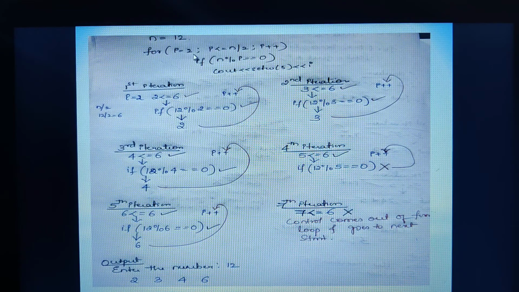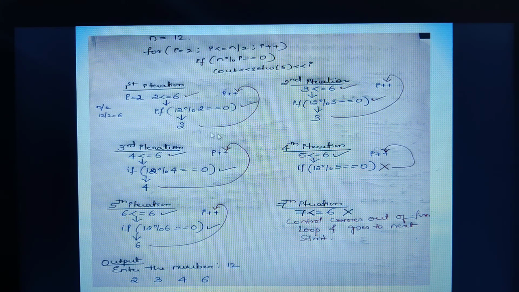See here, the true part of this for statement is this if, and the true part of this if statement is this print statement. If this for condition fails, automatically the control comes out of the for loop. Understood? Then what if the if condition fails? The control will not come out of the for loop; in fact, the i value will get incremented. Now let us understand: it is completely divisible by 2, so the remainder is 0. I am printing the value of i.